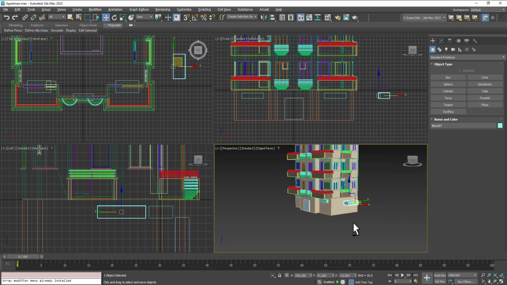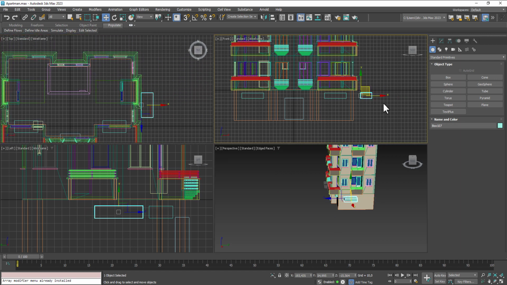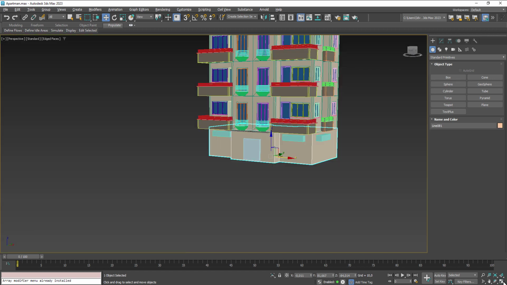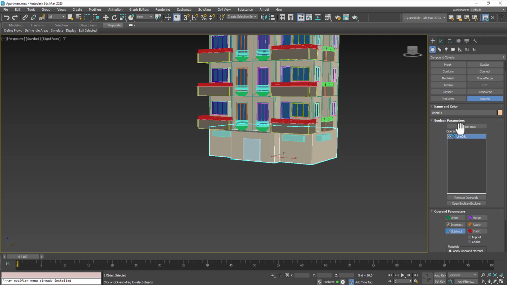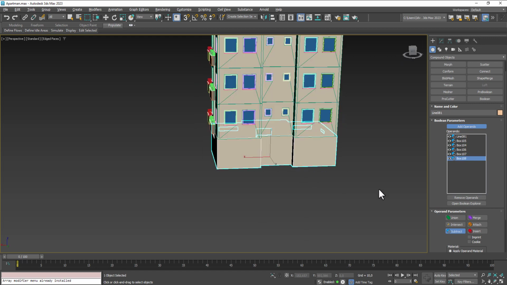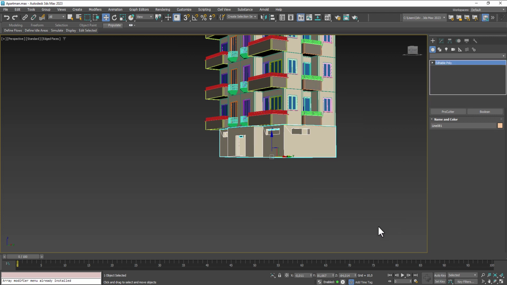Okay. And copy again. Yes, enough. And select, Ctrl S and compound object Boolean subtract and yes, perfect. And right click, convert to editable poly, and